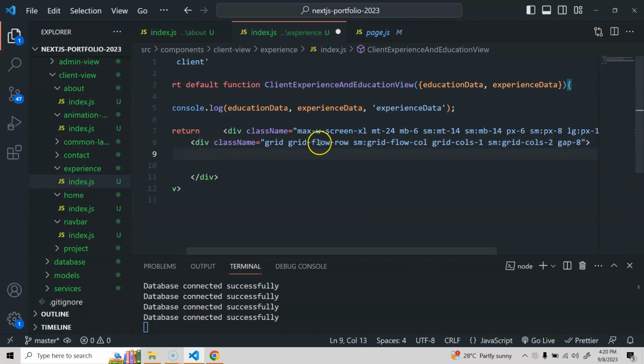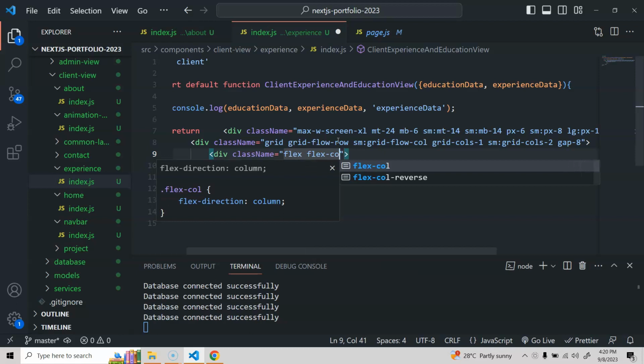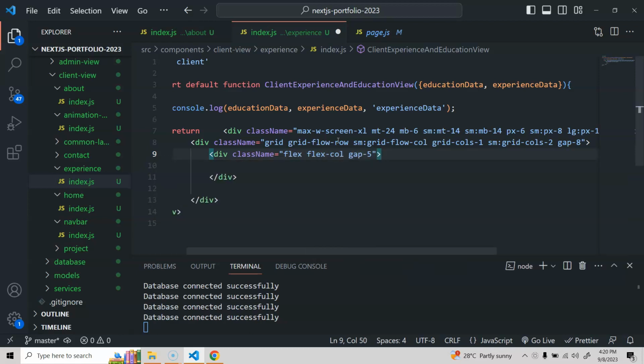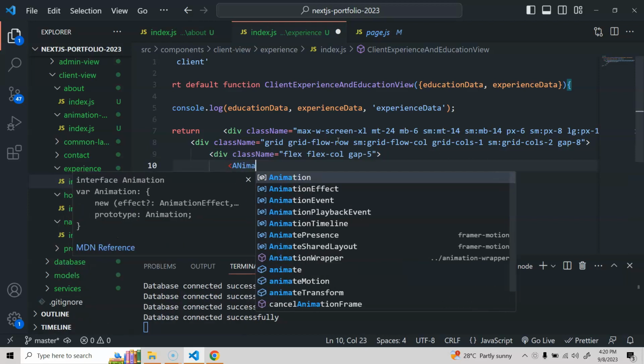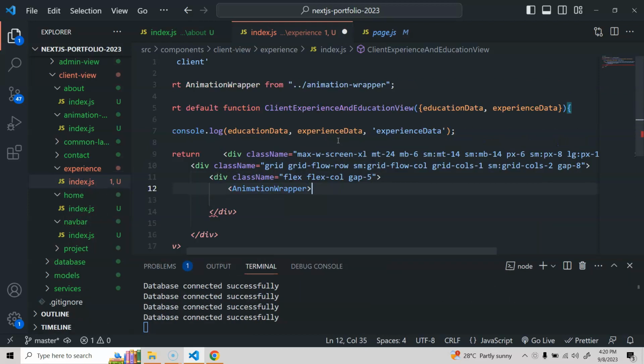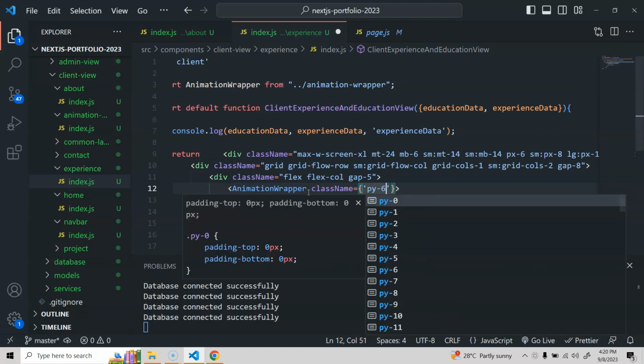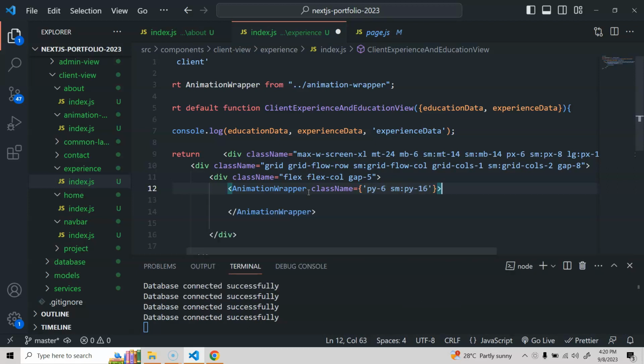Now inside this we're going to take a div with a class name, let's make this one flex column, and we'll do gap of 5, and here we are going to take the animation wrapper. Let's take a class name, so for this one we'll do py of 6, sm py of 16,